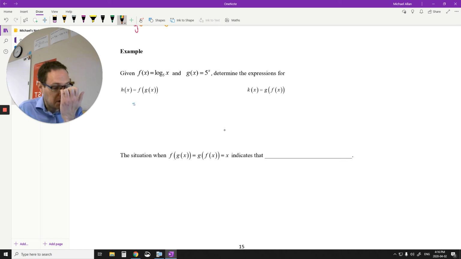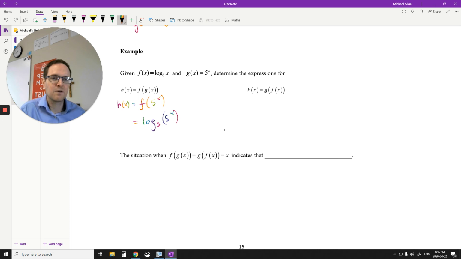Okay? So you're going to see something key: if you put a function into its inverse, or the other way around, you get something out. Let's just look at this one here. I'm going to put g of x, this 5 to the power of x, into f of x. So I'm going to go log base 5, and I'm going to put 5 to the power of